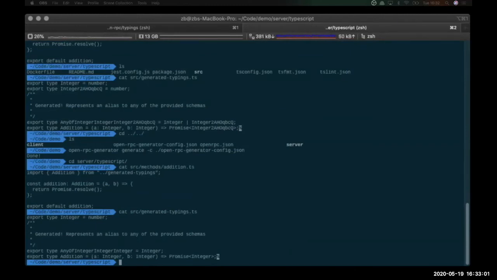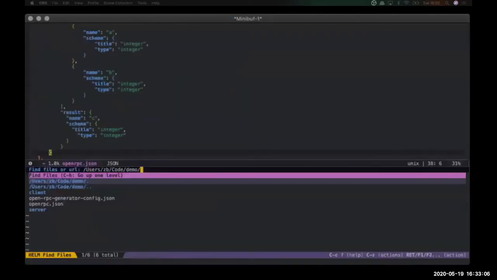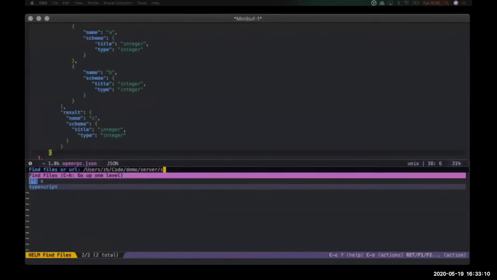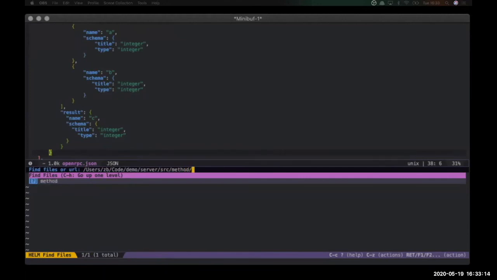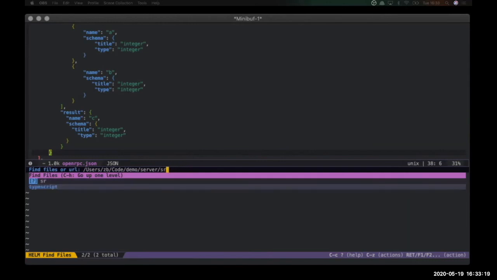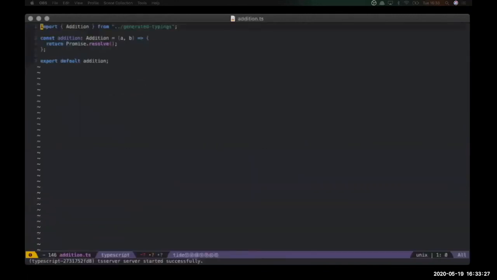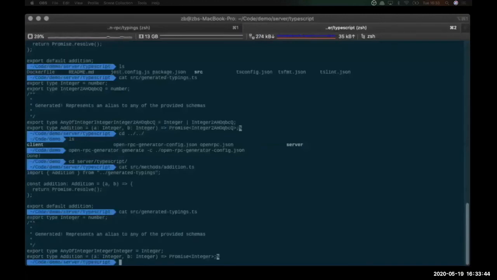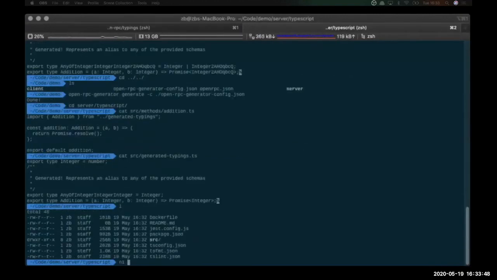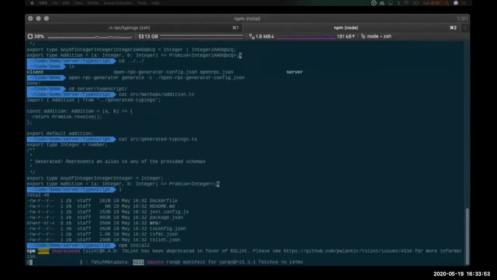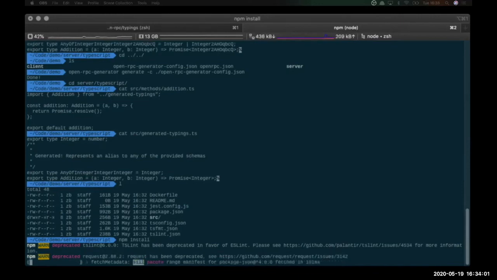So now all we have to do really to implement this is just go into the addition method and return the result. So return. Oh, it still needs to be a promise. So there you go. That's that. Yeah, so now I should be able to npm install. Yeah, so the beauty here is like